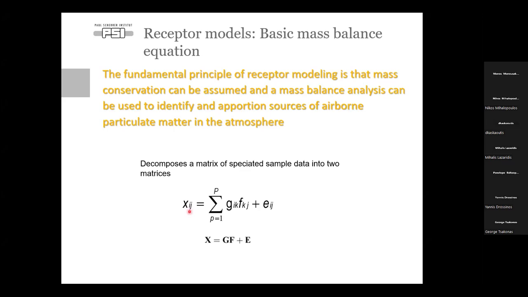This is the main mass balance equation. What the receptor models do is decompose the matrix that has the composition of PM into two smaller matrices: one that has F, the factor profiles, and the other Z, the factor contributions. So practically this matrix X